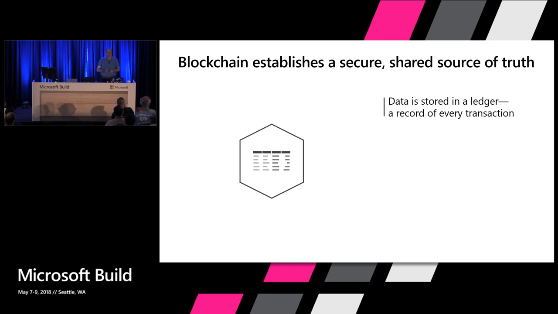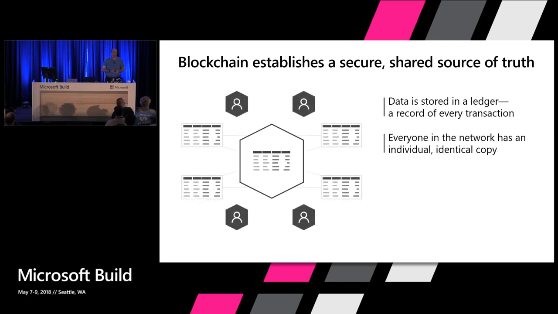But the ledger in blockchain is a little bit different. It's not just one ledger. It's a ledger that has many, many copies, one copy for each member of the network. And it could be on a public network. It could be every node that's part of the public network. In an enterprise consortium context, it might be a node or a set of nodes for every single organization that's in the enterprise consortium.